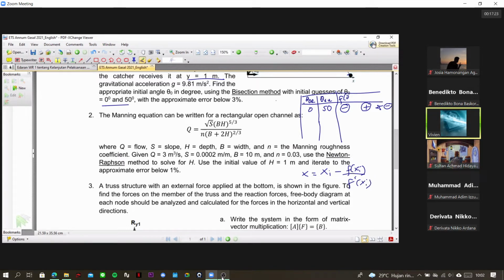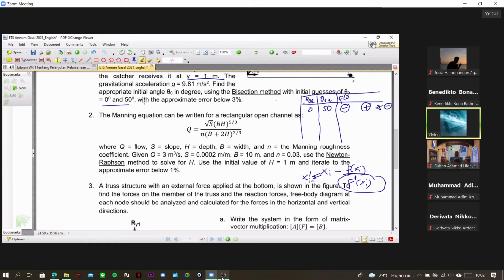The new root will be the old value minus f of xi, and that will be x i plus 1. So it means that we need to find the gradient. Now, before that, we have to